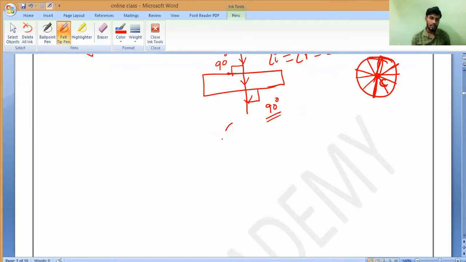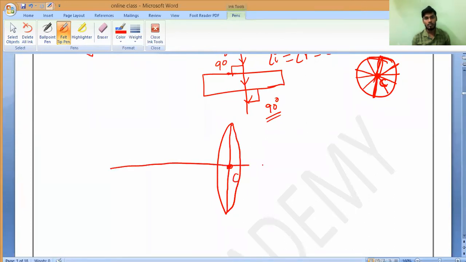If you take the lens, exactly at the center of curvature, what will happen? All of you please tell me. The light ray which is going exactly through the center of curvature... It will go straight, sir. Yes, it will go in a straight line without any deviation. That's all, nothing else is there.